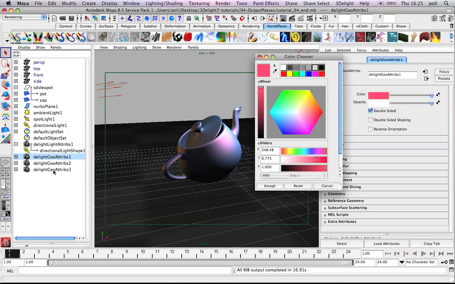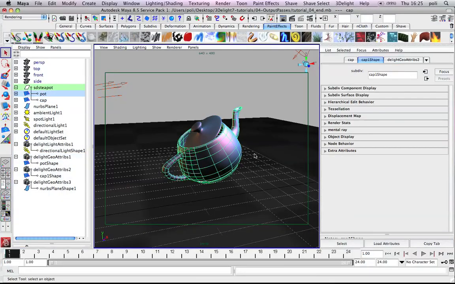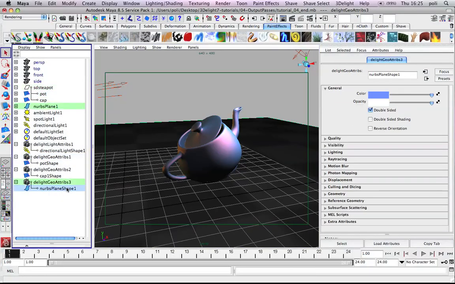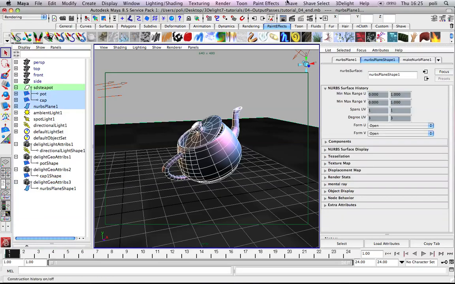actually some Cs colors with the 3Delight geo attribute nodes which are attached to each of the meshes. Red, green, and blue. Okay, so these are just the light geo attributes nodes attached to each of these three objects here. And what I did, I just opened the general tab and set a color. This is called Cs. And once you render with the